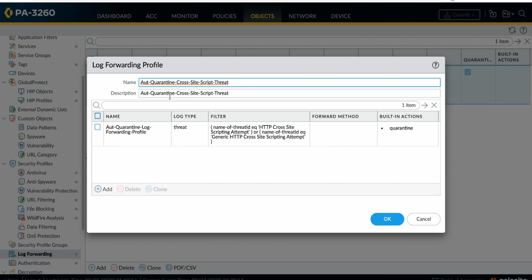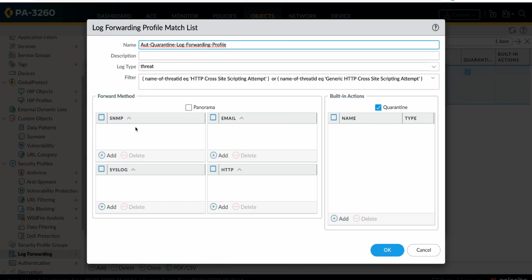Here, as we can see, we have configured a log forwarding profile for cross-site script threat. As a part of this log forwarding profile, we have defined that if a threat ID of HTTP cross-site script or generic HTTP cross-site script is observed in threat logs, then we want to automatically add this device to the quarantine list.